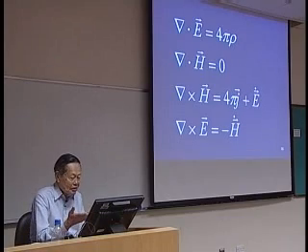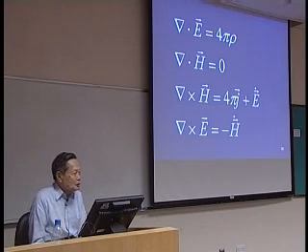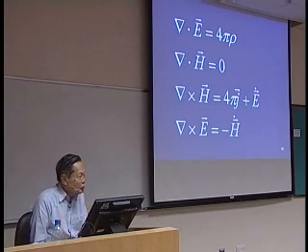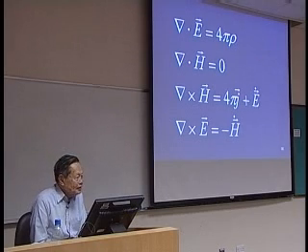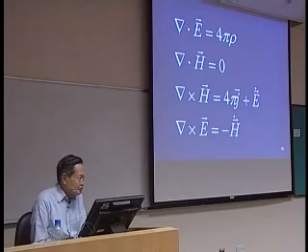And when I learned Maxwell's equations, from my sophomore year to my graduate student days, they were always written in this form. It has several advantages. First, it looks simpler. Second, it exhibits a certain near symmetry between E and H,